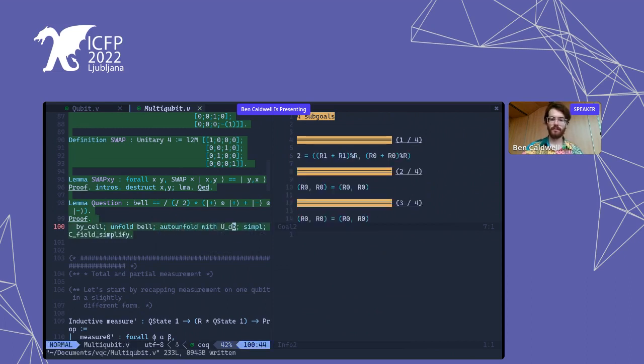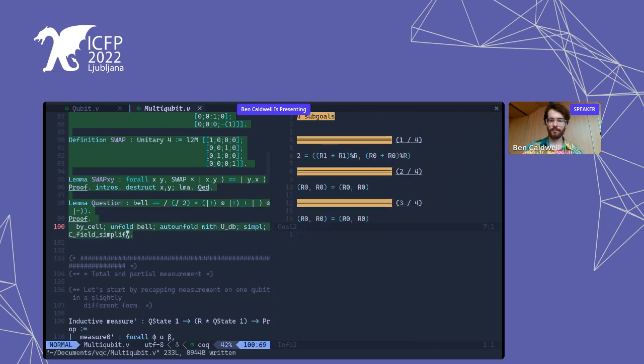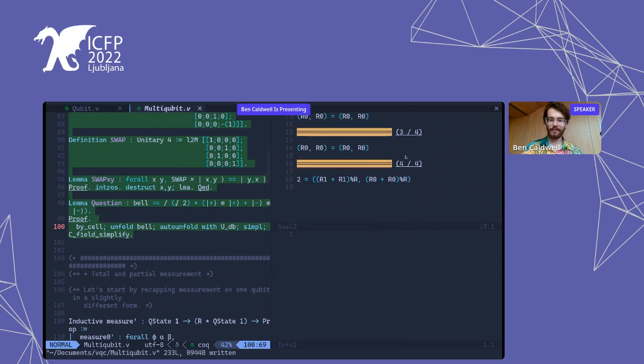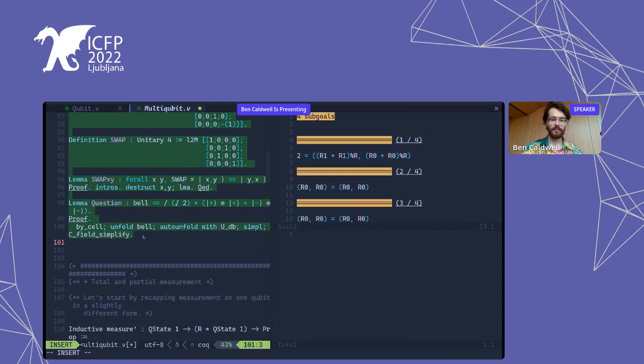All right. Look at that. Right, okay. And then that should be solved. That looks like C field has solved that. Yeah, okay, so C field simplify gets us to this point, right? And then these twos it's having trouble with. LCA should work now, right? Yep,